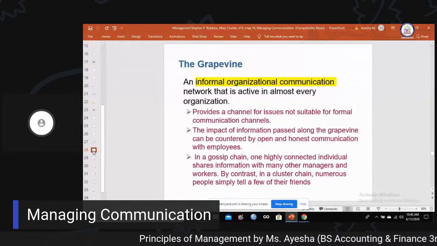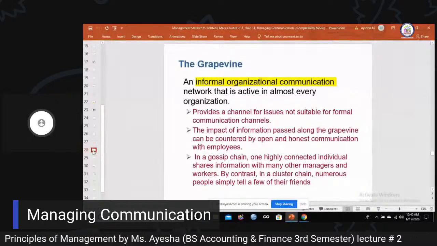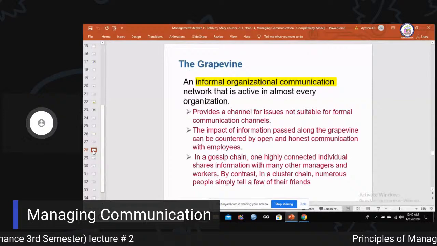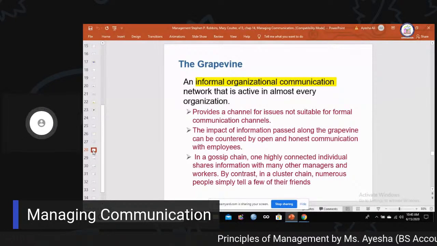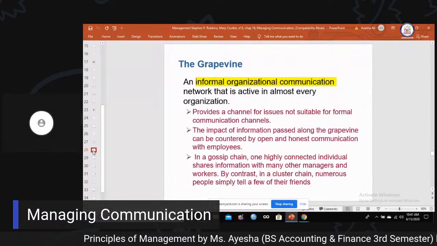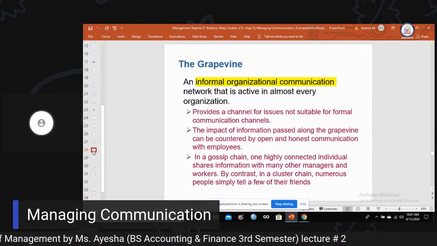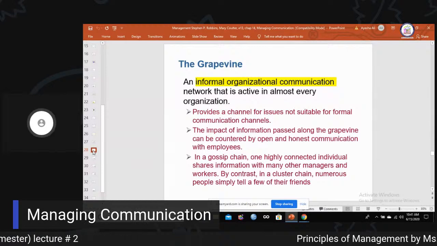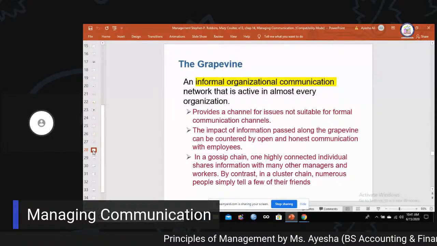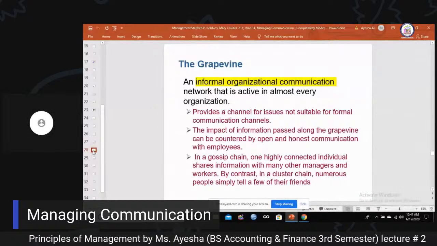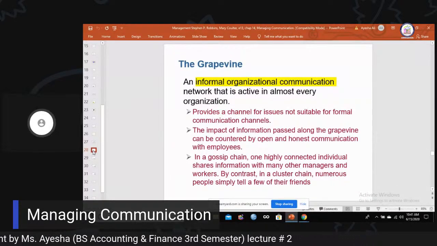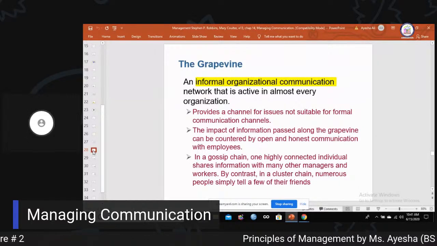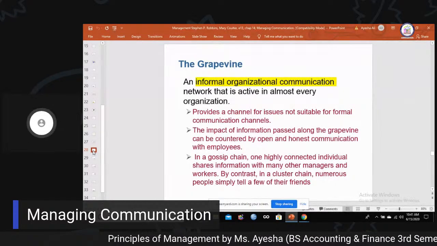One highly connected individual shares information with many other managers. So in the gossip chain, one individual communicates the message to numerous workers. By contrast, in the cluster chain, numerous people simply tell a few of their friends, where many individuals tell their friends or their close friends. So this is the